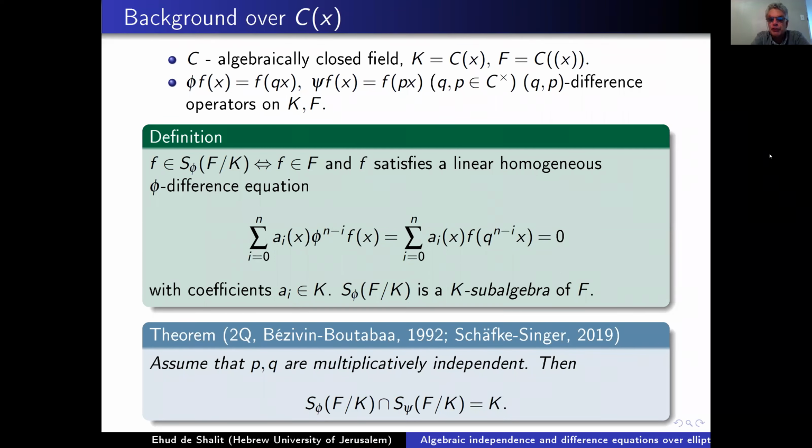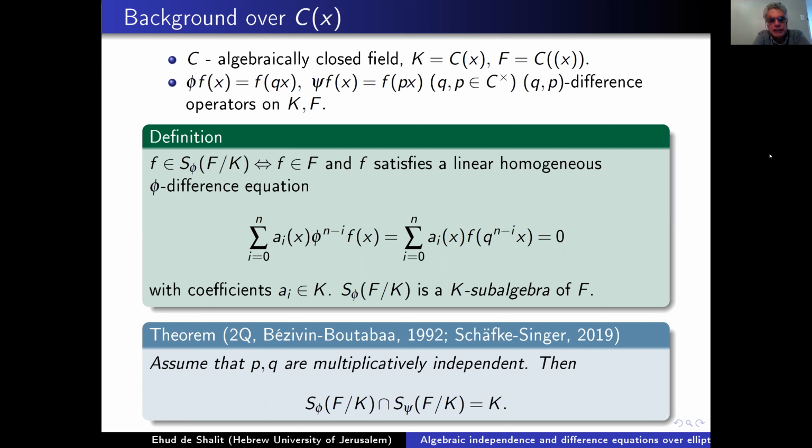And maybe I should start by saying a few words about the history. So difference equations, as you know, are a discrete analog of differential equations. And originally, even with Newton, it started with the difference operator x goes to x plus 1, say, and recursion equations with this operator. And then around the beginning of the 20th century, people like Jackson and Adams, Birkhoff, started considering q-difference operators. So this is where you substitute for x, qx in the function, but still over the field of